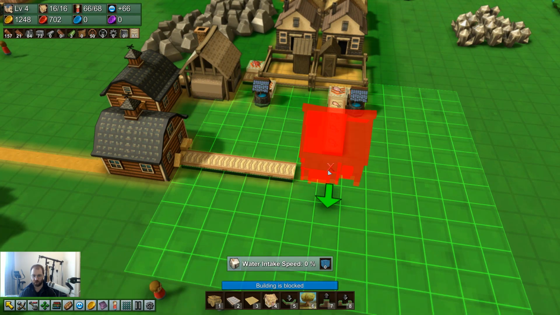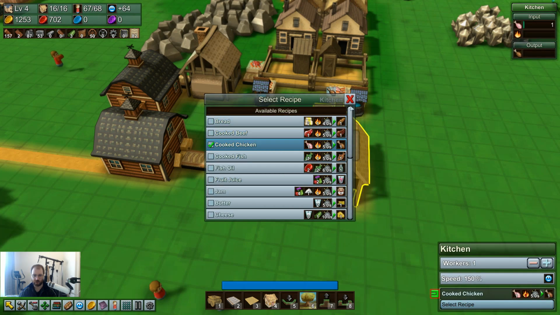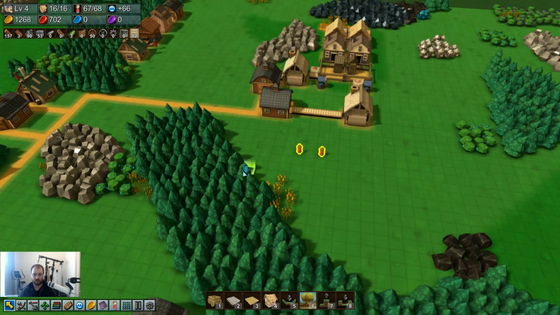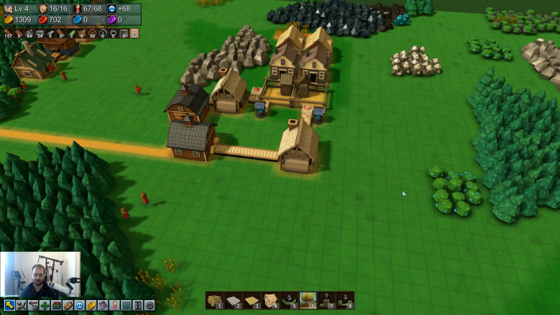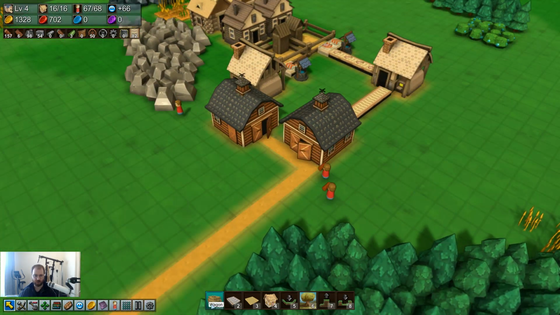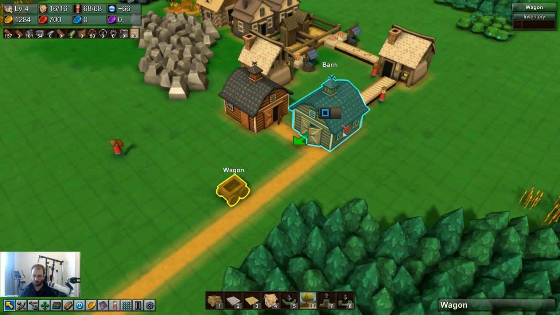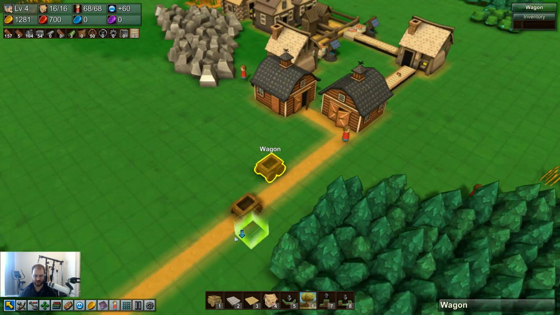Kitchen. Okay, you are cooked chicken. You are going to get wood from wherever the hell you want, because I don't care if this wood runs out. And then we need a wagon. I'm just going to grab some stuff out of here. What do you got? You got 12. So we got tons of